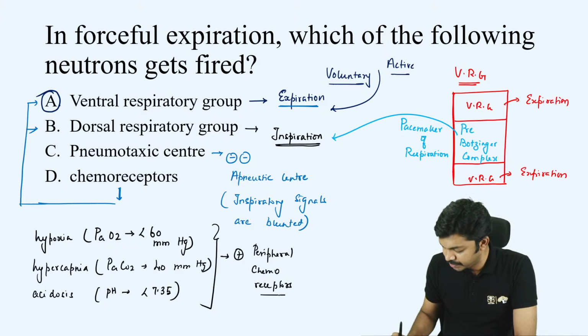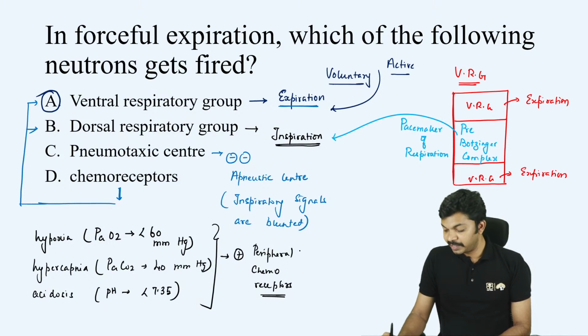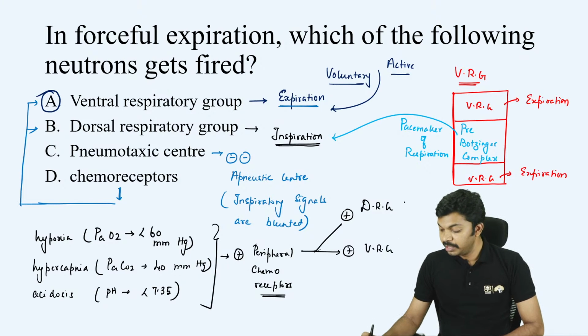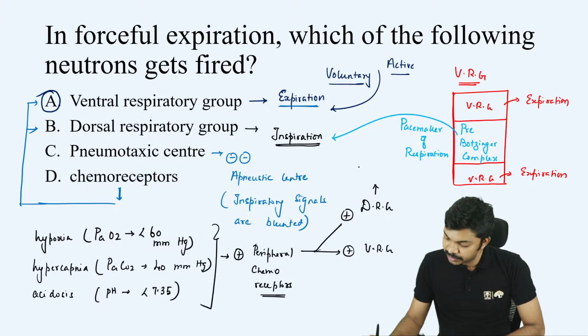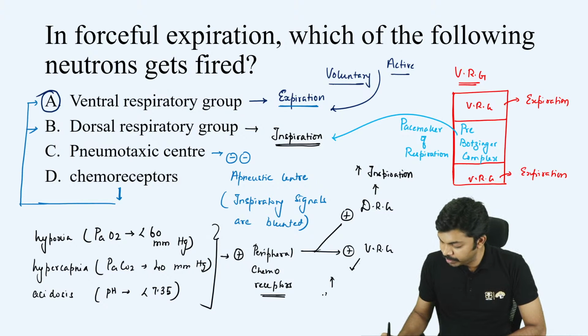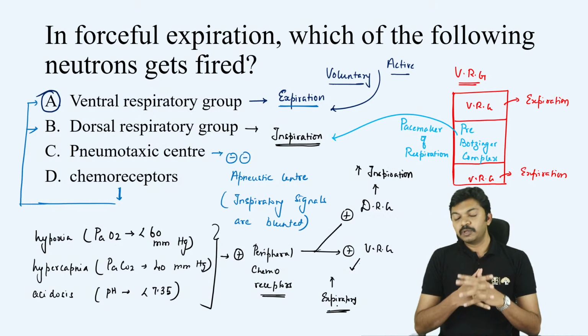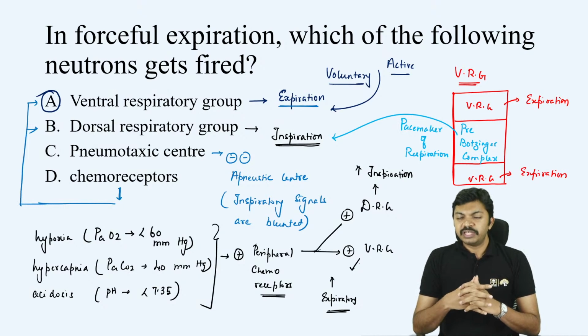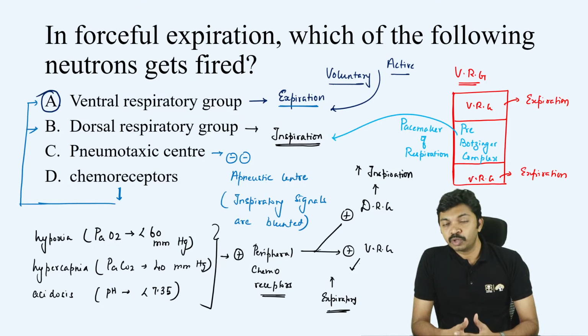Peripheral chemoreceptors. When peripheral chemoreceptors are triggered, they excite the dorsal respiratory group and the ventral respiratory group. Because of dorsal respiratory group excitation, there is an increase in inspiratory signals. Because of ventral respiratory group excitation, there is an increase in expiratory signals. So even though chemoreceptors do contribute to hyperventilation and tachypnea, this effect is executed by the respiratory groups of nuclei